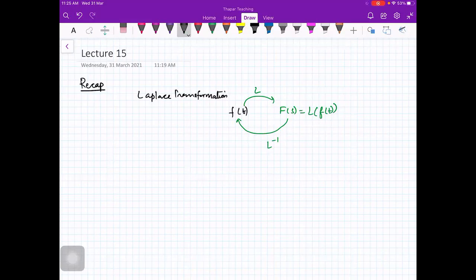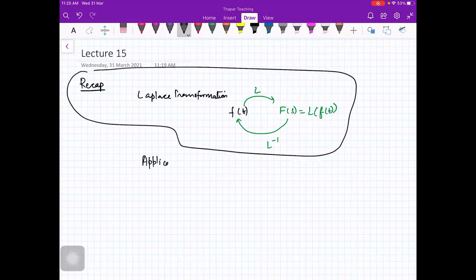So one application of Laplace transformation we have already seen. This is what we have already done. So what next? We will be looking at applications. We have already seen that some integrals can be computed. For example, we have computed integrals of this form. Do you remember where we put the value of s equal to 0 or s equal to something to compute the value of the integral using Laplace transformation?